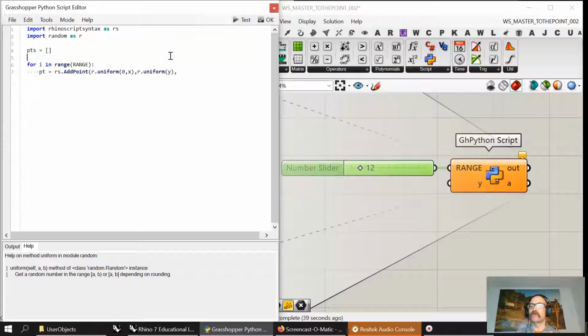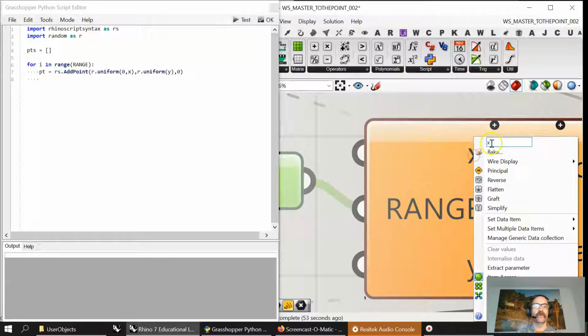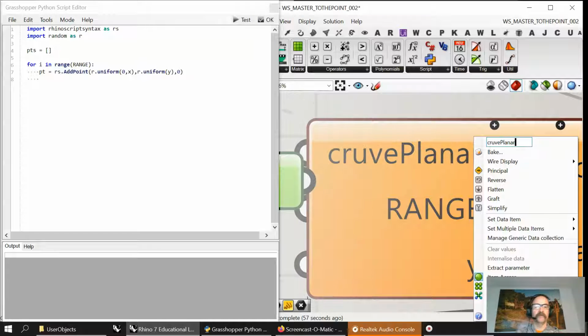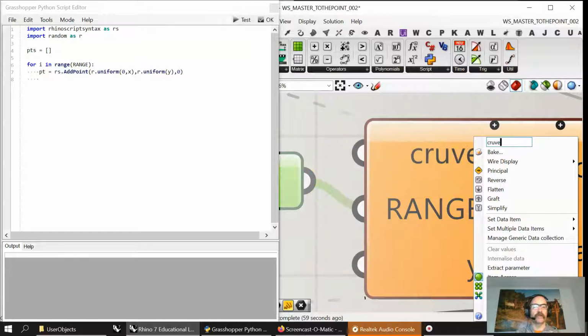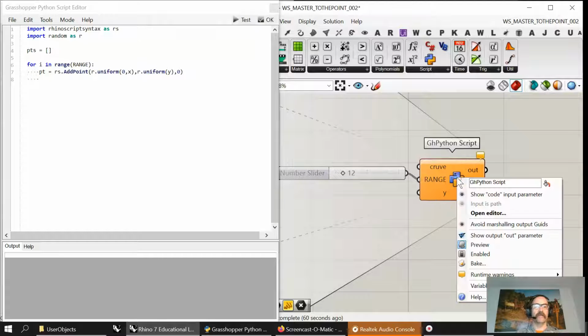We're going to find out this whole program itself is going to be finding out if points are within a curve, and that curve has to be planar in order for that function to work, at least as far as I know. So in saying so, we're definitely going to have to be inputting a planar curve. So I'm just going to type in here curve, planar, and keep it short. We'll just call it curve, and we'll know that it's planar because of the function. Because you get in the habit of knowing things a little better, and we'll do to the point and beyond, which will be curve points